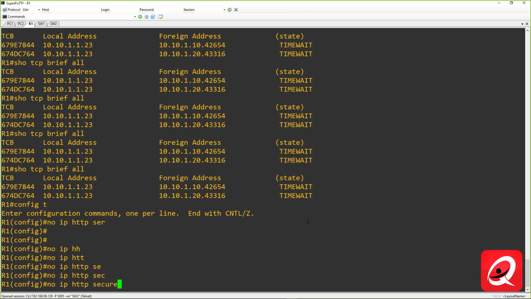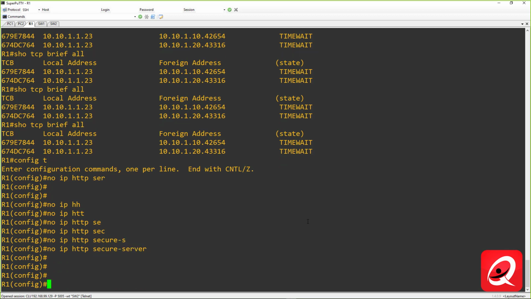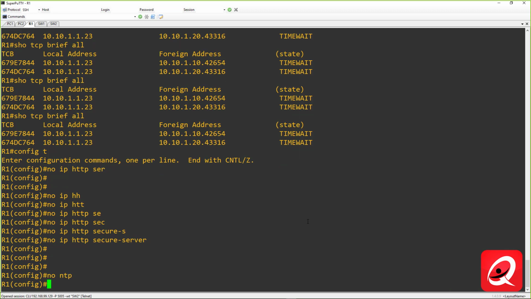I believe it's secure-server, and that disables 443. No NTP disables port 123, and so on. So you can turn on services, you can turn off services